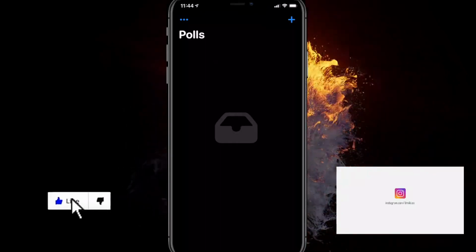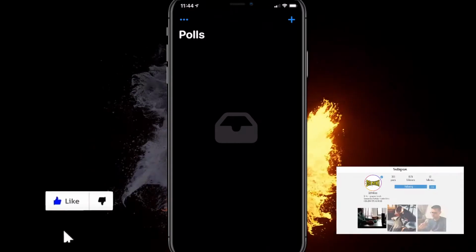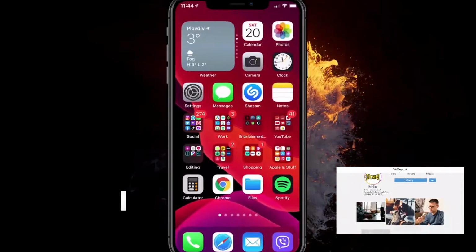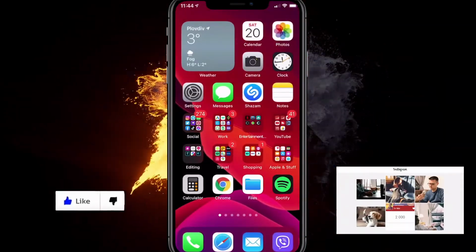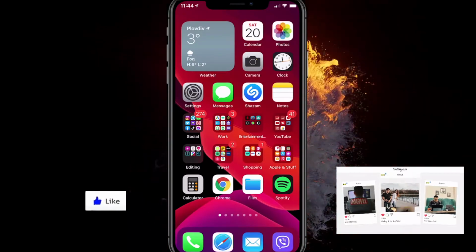Hey, in this video, I'll show you how to run polls with Agree on an iPhone or an Android device. It works on any platform, any device, and you can use it on any social media: Snapchat, Instagram, Facebook, Twitter,